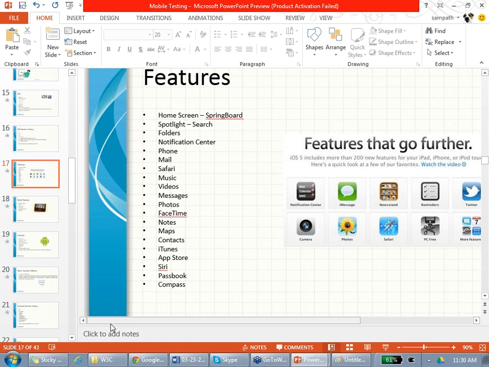You can have folders. When you are testing an app, you should put it in a folder and remove it from a folder. You are testing the folders also. Notification center: for example, for Gmail you want notifications, for Bank of America you want or don't want notifications.